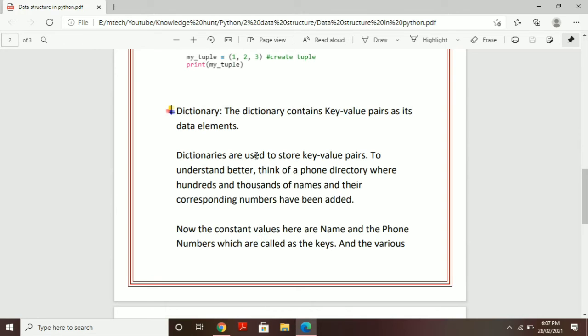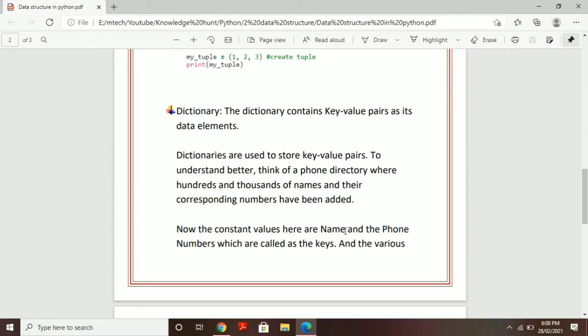The dictionary and the list are the most used in Python. The dictionary basically contains key-value pairs. It is used to store a key-value pair, meaning one key will be there and a specific value assigned to it. Let us consider an example. Take a phone directory where hundreds of names and their corresponding numbers are added.